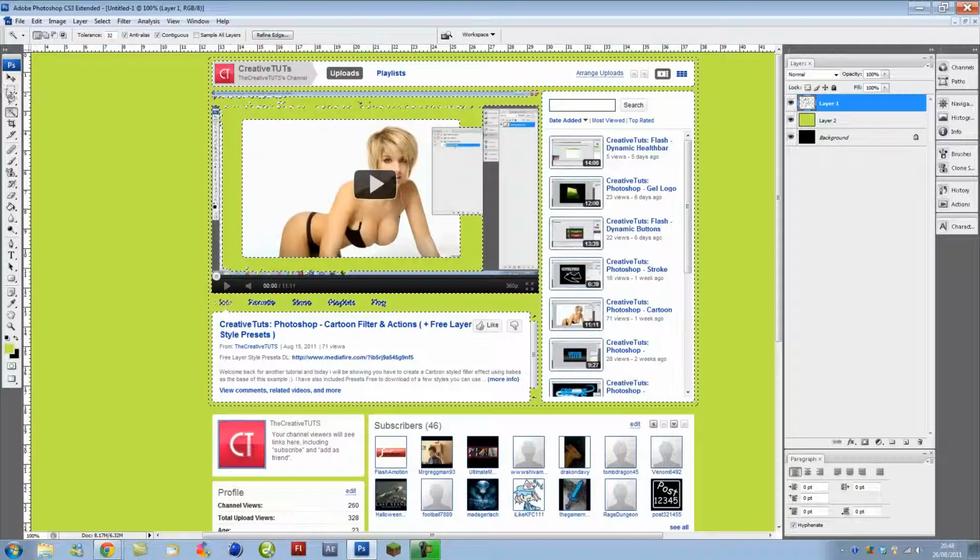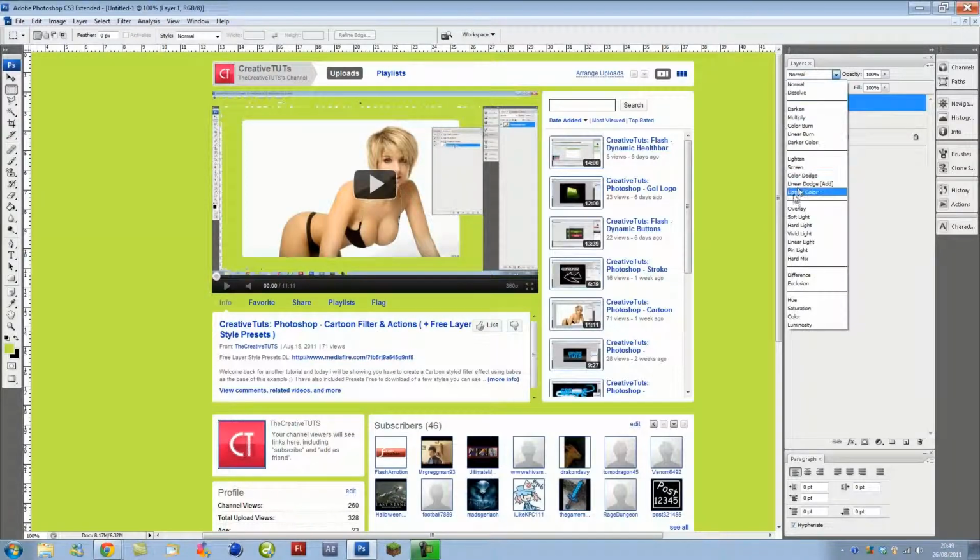There we go. So as you can see, it looks very messy, very weird, because some of the colours have mixed together and it wasn't too sure what to take out, so it's gone and taken quite a lot out. But that's okay, we've got a rough understanding of where everything ends. Okay, so basically what we're going to do, I'm just going to go ahead and set that to multiply,